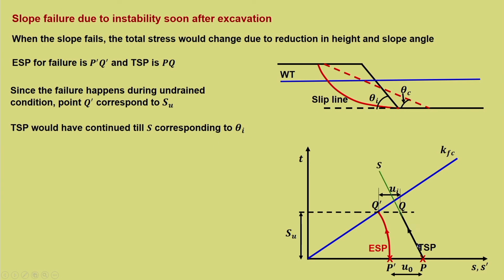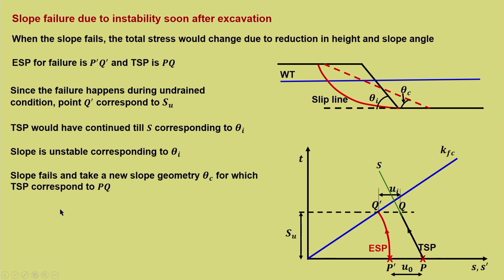So, let us say that this total stress path would have continued to this point corresponding to this particular height of theta I, but it is unstable due to excavation, and hence it cannot sustain theta I. So, it cannot achieve this particular state S, rather the slope fails and takes a new slope geometry of theta C, for which the total stress path corresponds to PQ. So, due to failure it comes down, and hence Q is the point which corresponds to the new slope geometry